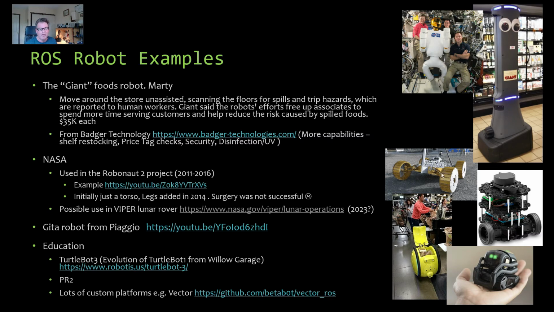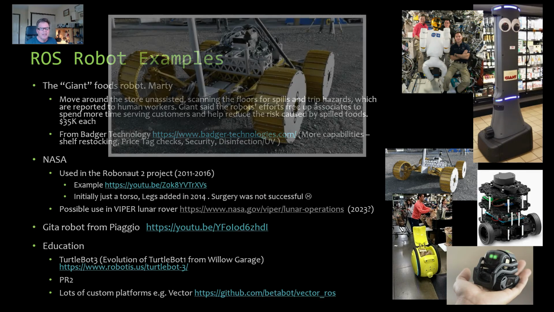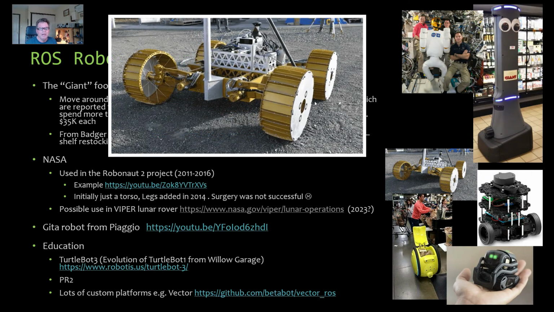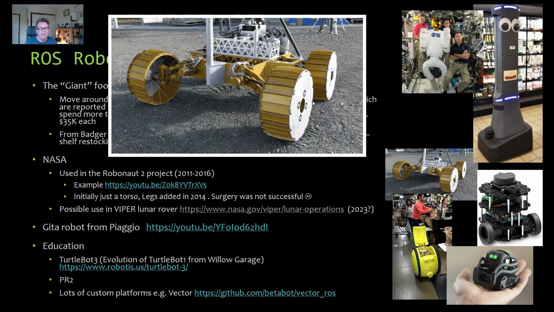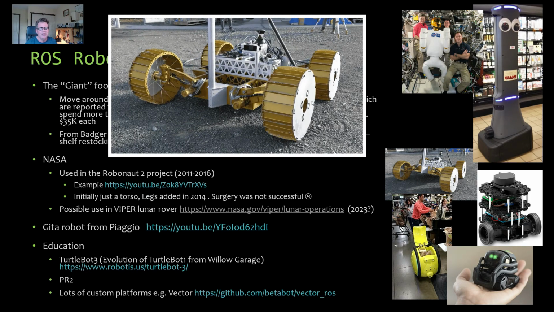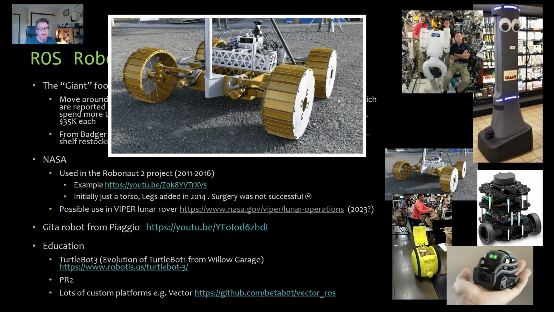Probably a more useful advanced use of ROS will be for this VIPER lunar rover you see here. It's going to go to the moon in 2023. It's going to run around on the moon's pole, so it's going to be close to the top of the moon, and it's actually going to be looking for